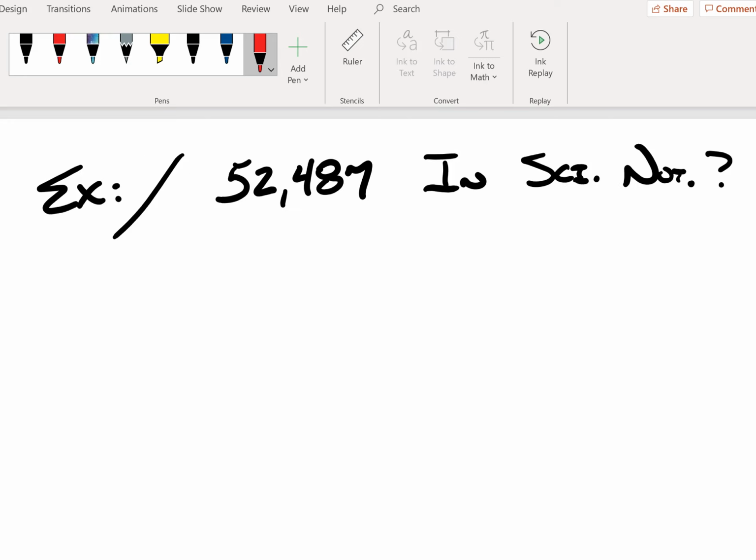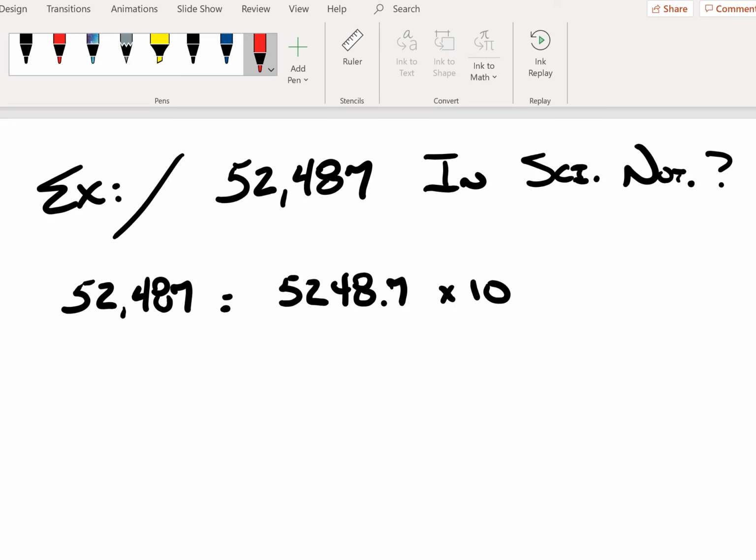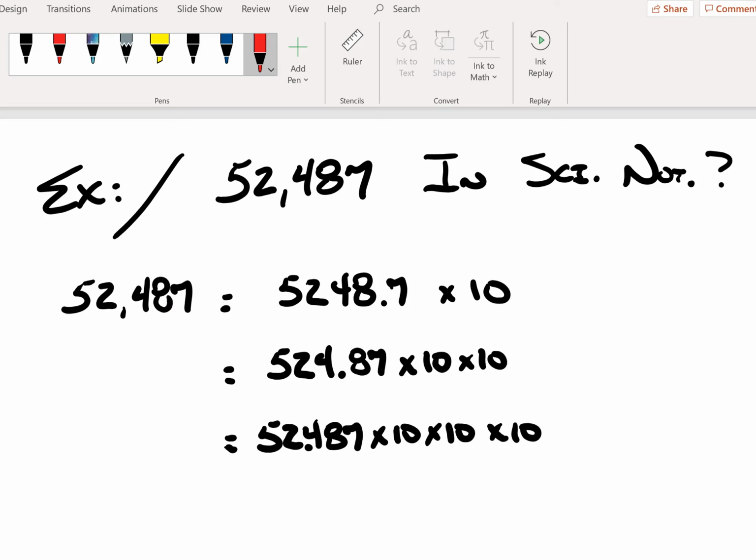Let's take this and let's work the reverse process in the form of an example. Let's see if we can execute this process in reverse to obtain 52,487 in scientific notation. And so we will start by extracting successive factors of 10. And as you see here, every time we extract a factor of 10, this has the effect of moving that decimal one place to the left. And so we do this successively, and we see that we get